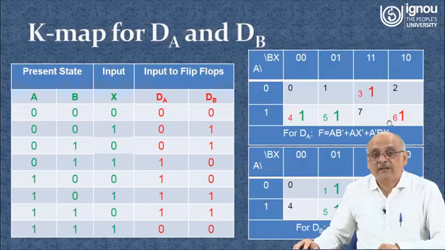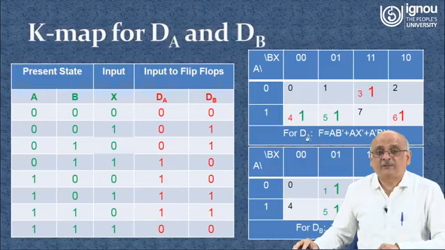So they are circulated. There is an adjacency between 6 and 4, and what you see once again, it will have a term A. And what is changing between these two cases? B, and we have X prime. So this is the term, and this particular one unfortunately has no adjacency. That's why this minterm is appearing in this particular case: A prime, B and X. And for DA, this is the circuitry required: AB prime plus AX prime plus A prime BX.